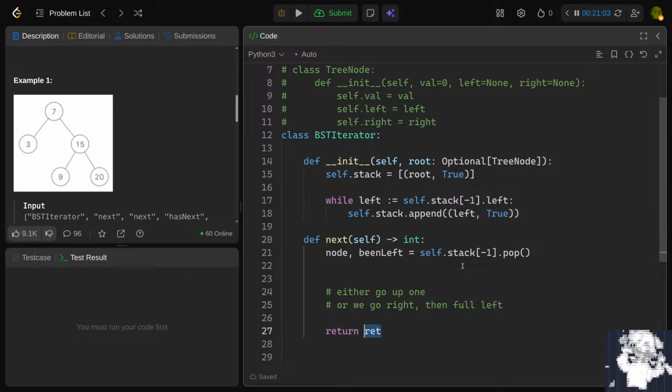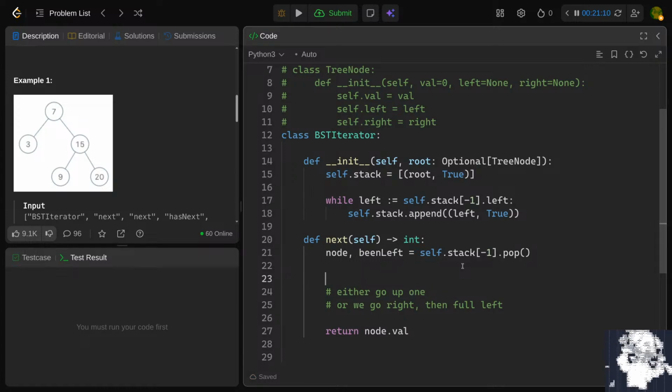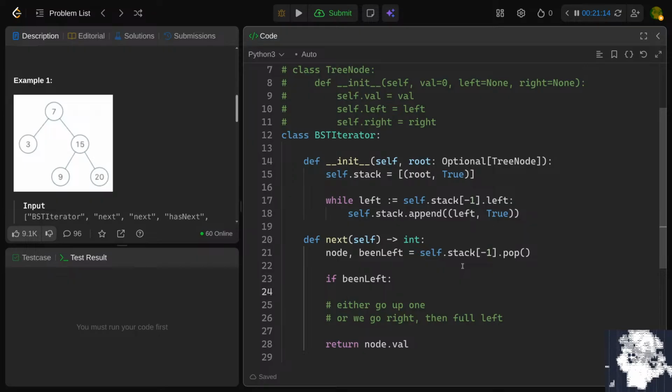So at the end we return node.val, and then we decide if we go up or right. So if then left, then we go up, which basically means you don't do anything, because go up